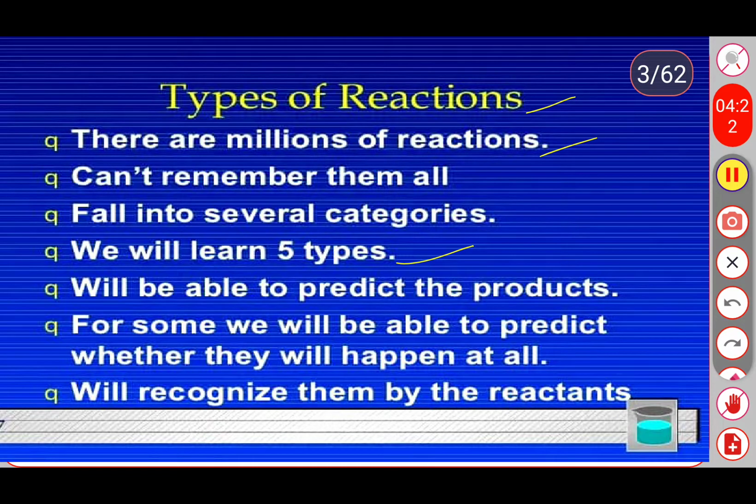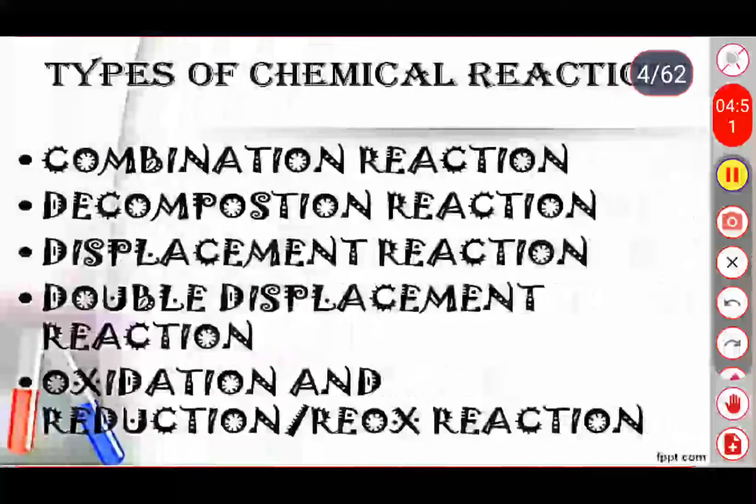Then we will be able to predict the products, and moreover predict whether the reactions will happen at all. We will recognize them by the reactants. So we have millions of reactions, but for your syllabus only 5 types. Now see one by one. What are the types of reactions? First one,